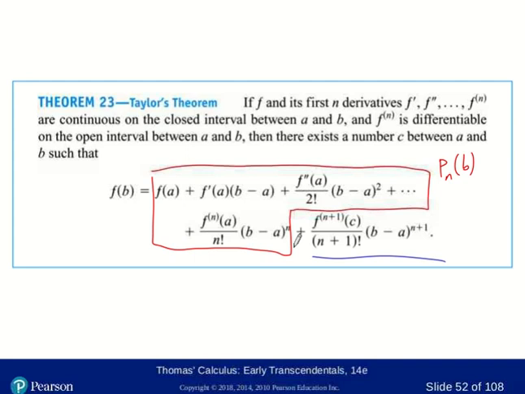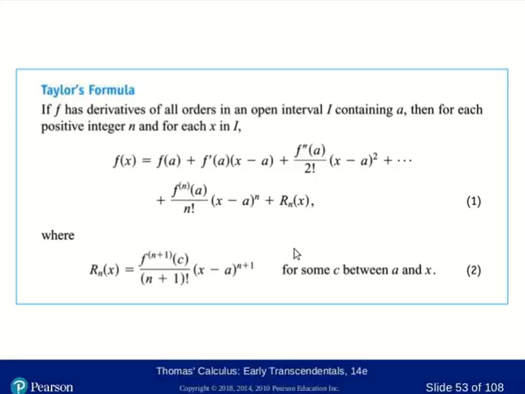Right now we're using these endpoints of the interval a and b, and then finding a number c in between. But what we really want to do is talk about it in terms of b not necessarily being a fixed endpoint of the interval, but being some arbitrary x value. And so that's where Taylor's formula comes from, rethinking that Taylor's theorem idea in terms of that Taylor polynomial. So instead of just fixing the right endpoint to be b, the right endpoint of the value that we're plugging in is an arbitrary number x in the interval.